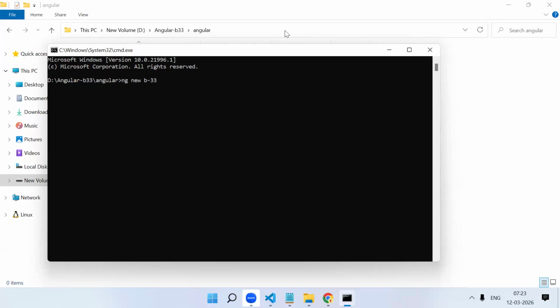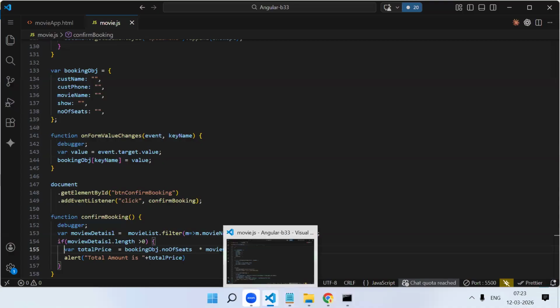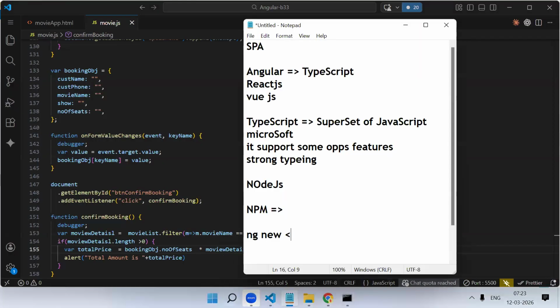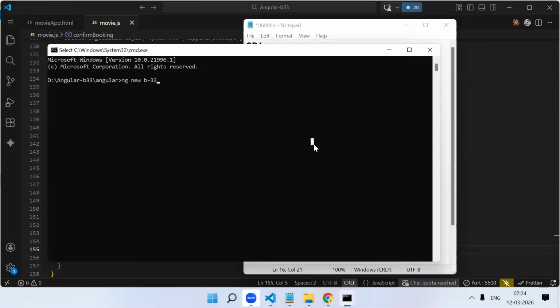If you have seen React.js, in React.js we have some restrictions like capital letters and everything, right? But in Angular we don't have such a restriction. Any name you can use for the project name. ng new, then your project name, whatever project name you want to give. Fine. Once you enter,